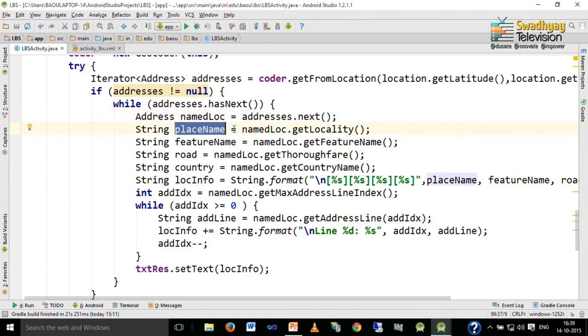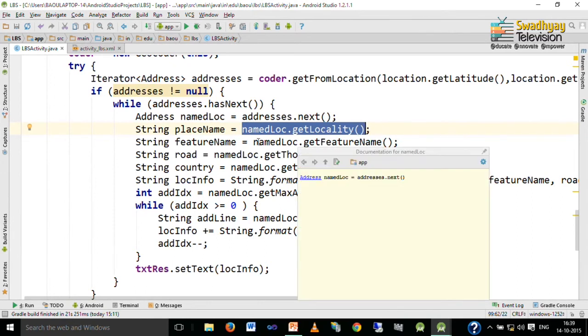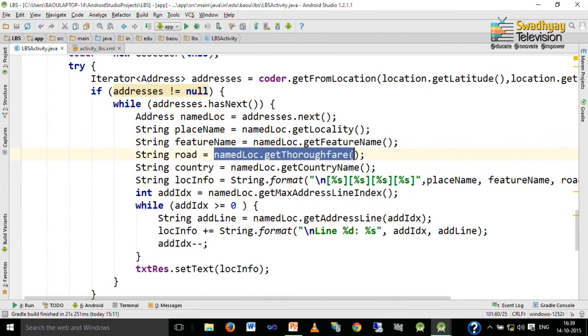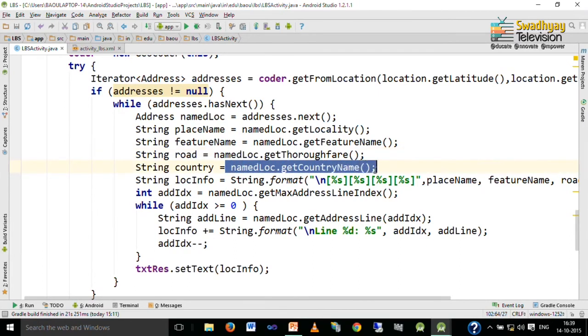You can find the place name using the get locality method. You can find features of that place using get feature name. You can find the road address using the get thoroughfare method, and you can find the country name using the get country name method.